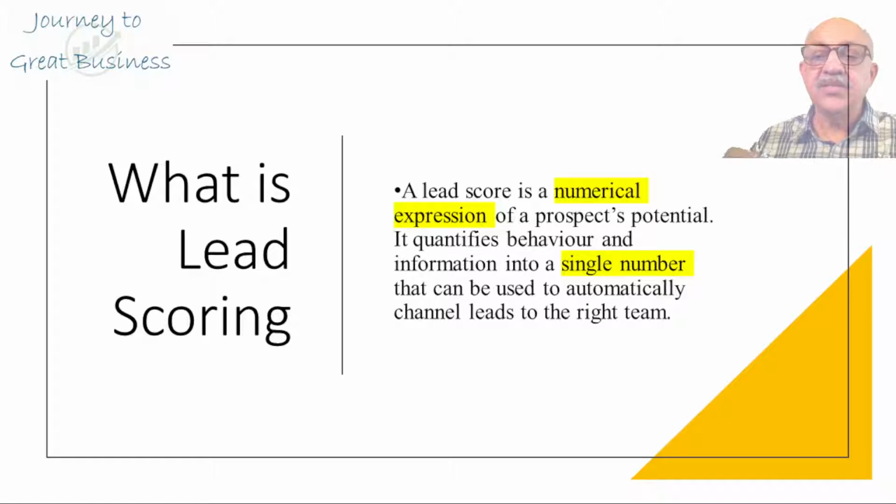It means that lead is really very hot. But if I were to say the lead score is 5, it means that it's neither hot nor cold. And if the lead score is 2, it means it's not a lead that is relevant for us. So lead scoring helps us to understand and helps our sales team to understand what are the leads that they should follow first. And it puts it all in a numerical form.